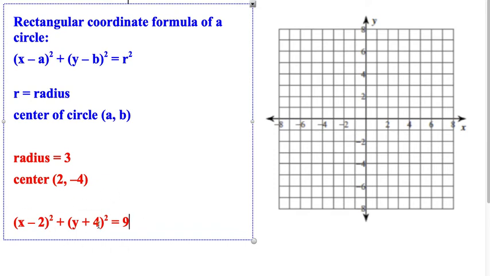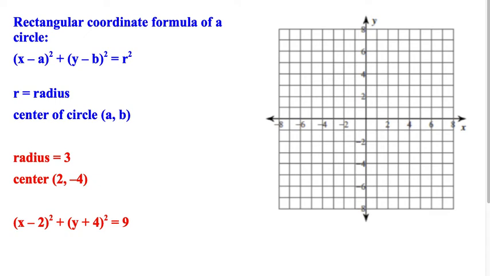So that's what that would look like. So if you had this formula, you could work backwards and figure out what the radius and the center are. Graphing. I just want to run quickly through this. You will be asked to graph these. So if you're asked to graph a circle that either has this formula or has these characteristics, then what you would do, the easiest way to do it, is to find the point 2, -4, which is right down here. Remember x then y, but we all know that. And then we know that the radius is 3, which means from this, which is the center,